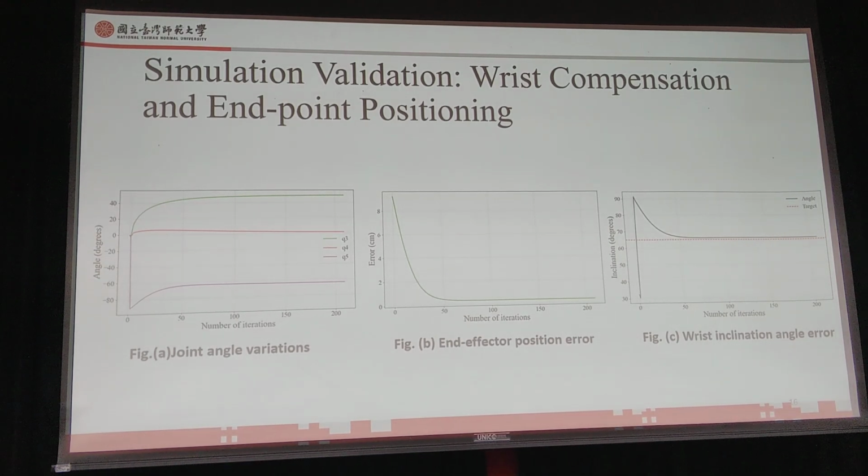With the elbow position secure, we now move to stage 2, wrist compensation. First, we illustrate the joint angles for the final 3 motors. You can observe that